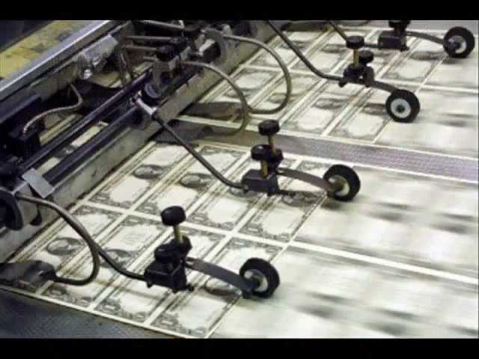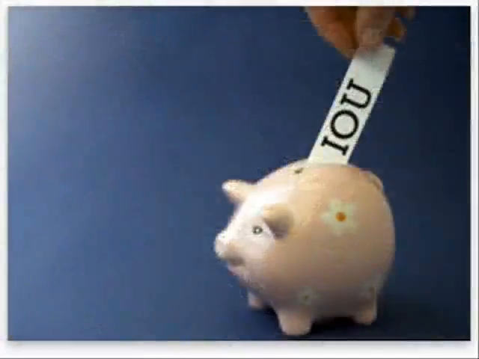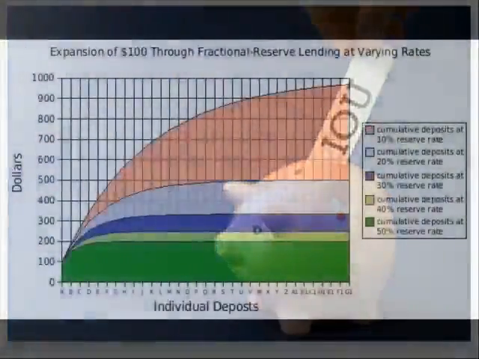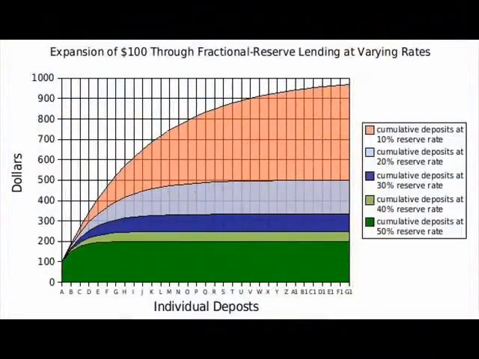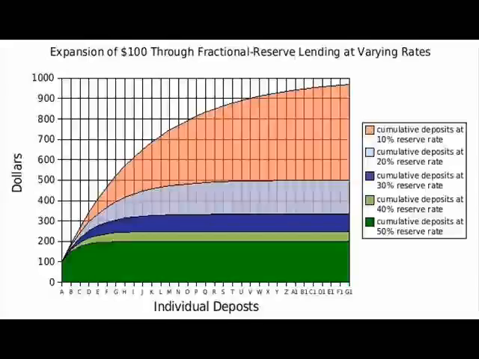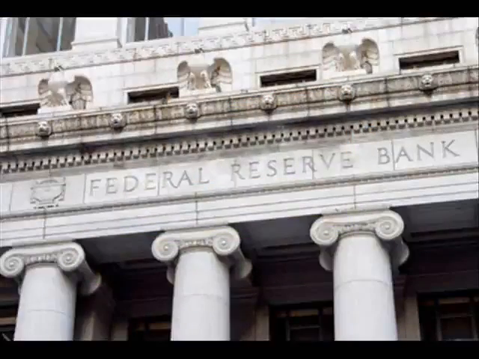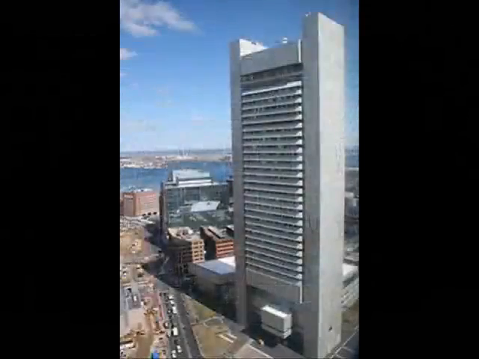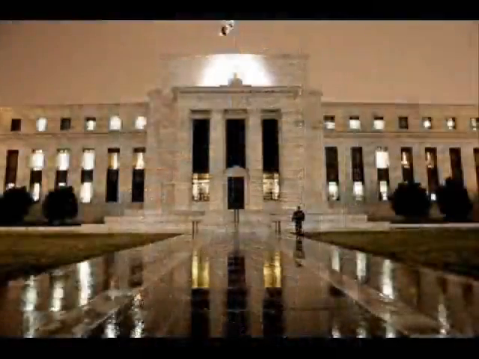By doing this, they were able to create money that wasn't really backed by anything except the paper it was printed on, meanwhile allowing them to lend it out to others while collecting interest on this money that didn't really exist. The Federal Reserve was created in 1913 leading into World War I and was a way for competing bankers to create a cartel capable of lending massive amounts of money created out of nothing to the countries